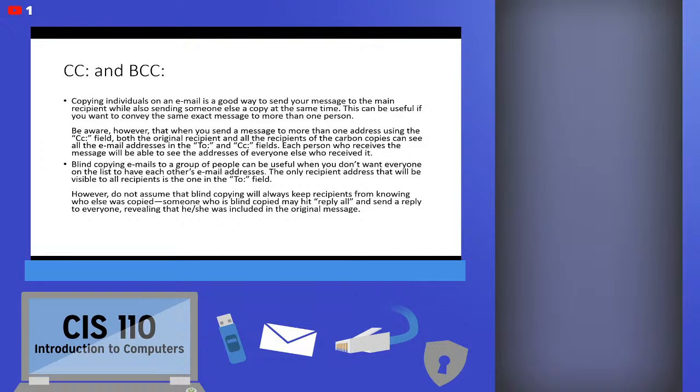Now, when you use that CC field, one of the big things to keep in mind is that everybody who is on the email chain can see everyone else's emails on the resulting email. So you can see all the emails in the to field. You can see all the emails in the CC field. So if you want to keep certain email addresses confidential,